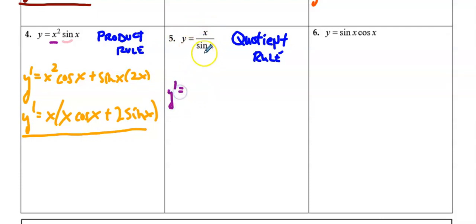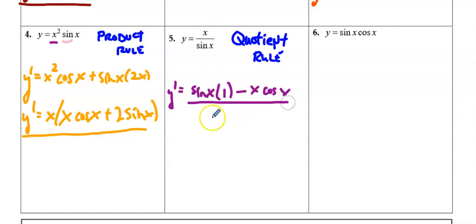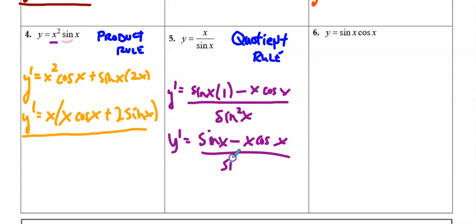So y prime is equal to, well, again, we have our denominator, so it's low, and then d high, right? So then we have to derive the top, the numerator, which is just going to be 1. And then the quotient rule has us do our negative, and it's going to be high, d low, the derivative of low, all over low, low. So it's sine squared x. Now when we simplify this, there really isn't anything to simplify. So it's just going to be the sine of x minus x cosine of x